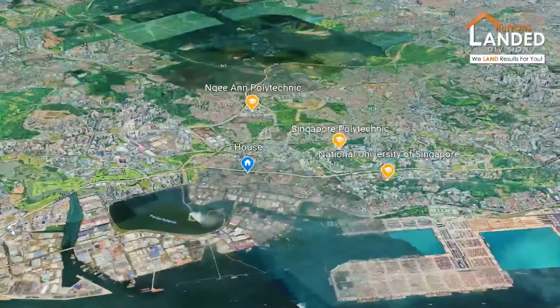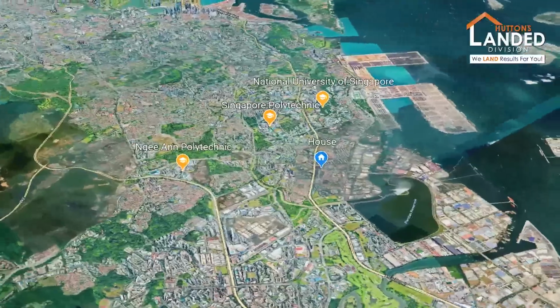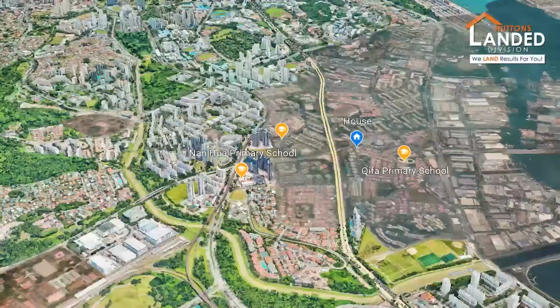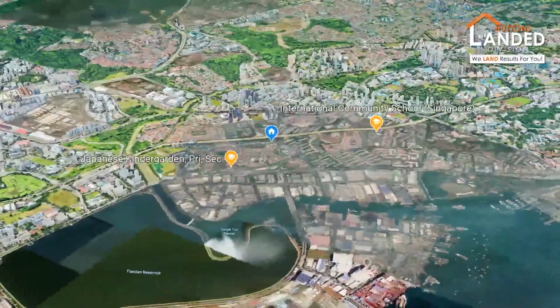And we talk about education. You may have family members who are studying in universities. This place is really very conveniently located to NUS, and to other tertiary institutions like Singapore Poly, Ngee Ann Polytechnic, or perhaps even primary schools. Primary schools wise, we have Chij Primary, we have Nanhua Primary, all within 1 kilometer distance away from this house. There are also a few international schools nearby. Just a short 3 minutes walk away, there's a Japanese international school whereby they have a kindergarten, primary, secondary, and even supplementary schools all in one. We also have Nexus International School around the corner, and last but not least,